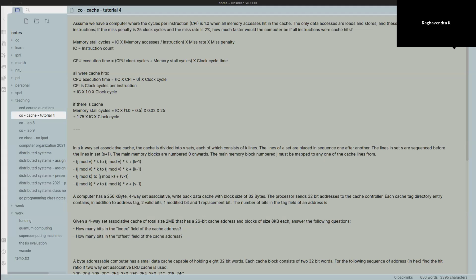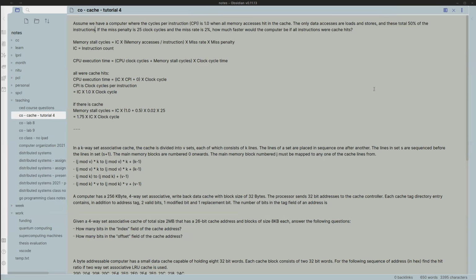See, there are 100 instructions. All are arithmetic instructions. How many memory accesses will you do? No, I mean, we are assuming that the instructions are also in the cache. So you do 100 accesses. Okay. And in those 100 instructions, we are saying 50% of them are loads and stores. So for an instruction, if it is a load or store, you do 2 accesses, right? One for the instruction itself, one for the load or store that it generates.